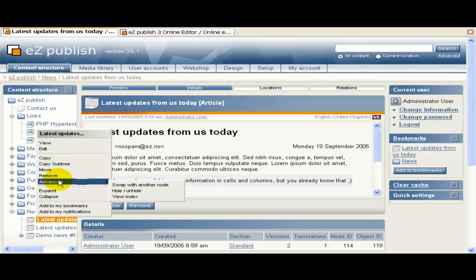Now what we want to do is have a look at the advanced. Maybe we want to hide that because we've made a change. We don't obviously want 2 latest updates, so maybe we want to hide it because we maybe want to do some work on it a little bit later. So if we click on hide,